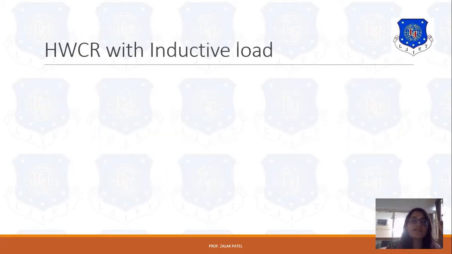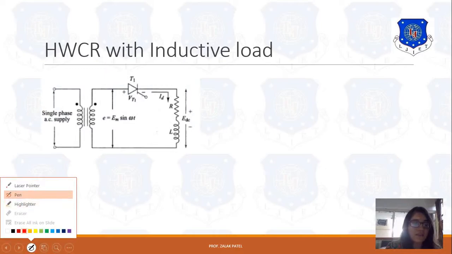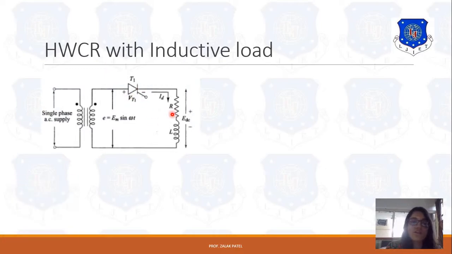Now the next is HWCR with the inductive load. If we talk about the half wave controlled rectifier with the inductive load, then what will be the circuit diagram? It looks like this. Over here you can see that the single supply is here with controlled terminal SCR connected. Here, in place of only the resistive part, a resistor with an inductor is connected in series like this, resistor with